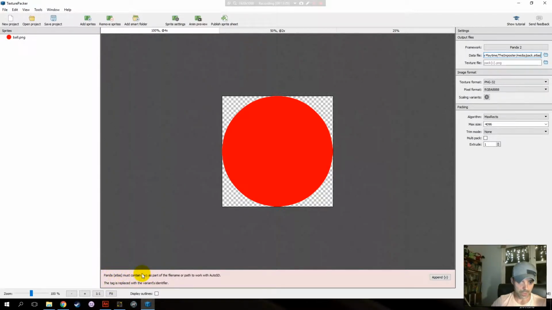Panda Atlas must contain brackets V as part of the file name for it to work with AutoSD. Okay, so all you have to do is click append V, and it's going to add a little bracket with a V inside it just after spec, and that just means that it's going to export this atlas file, which is basically the text file with the information on where particular images lie. Remember, this is an atlas. You could put as many images in here as you want, and as long as they fit onto this size,